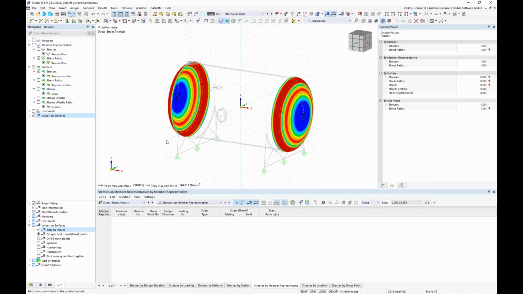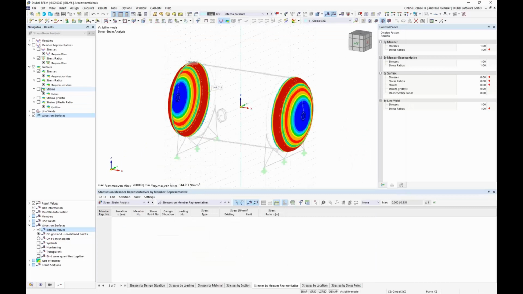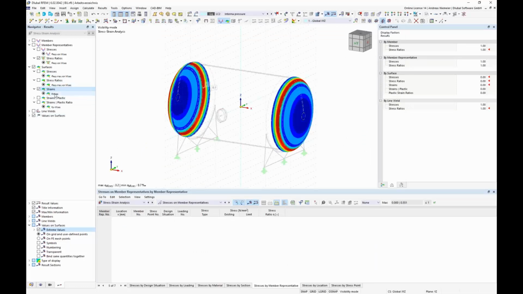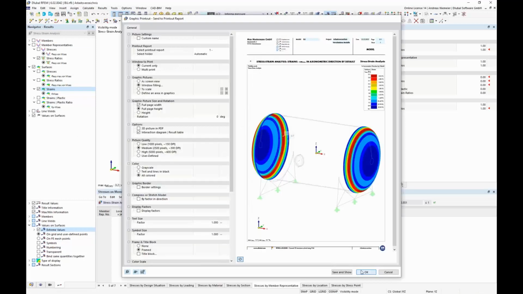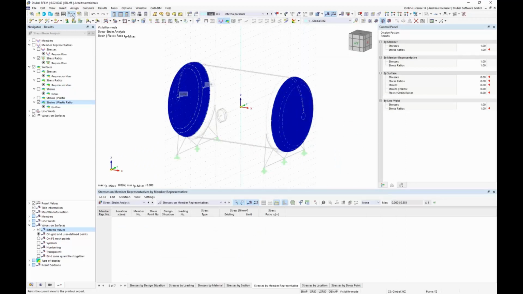So we can print this stress here. Okay, then because it's on yield stress, we print also the strains, the final strains. Okay, and the plastic strain ratio. Okay,